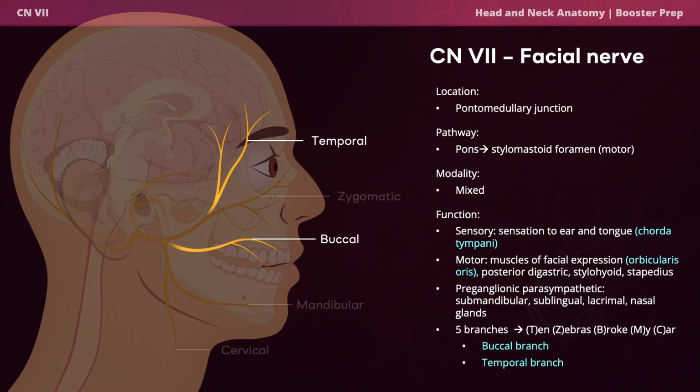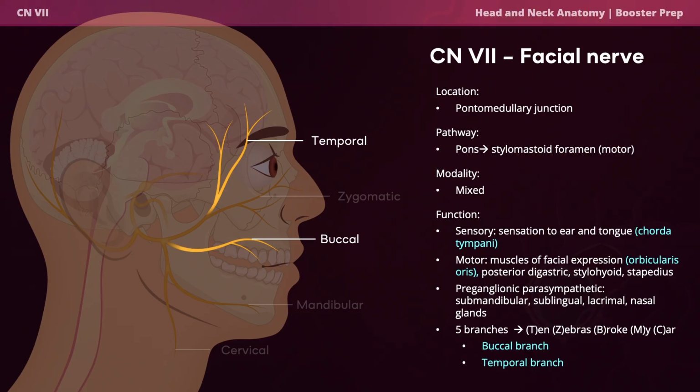There are 2 high-yield facts to know associated with the buccal branch specifically. First is that this branch courses adjacent to the facial artery, which is a branch of the external carotid artery, and is crucial for blood supply to the face muscles, skin, and soft tissue. Second is that the buccal branch is associated with the orbicularis oris innervation, thus allowing for voluntary movements including smiling,